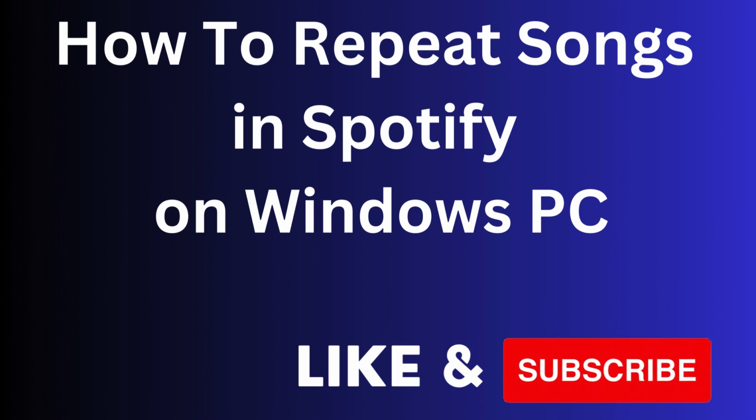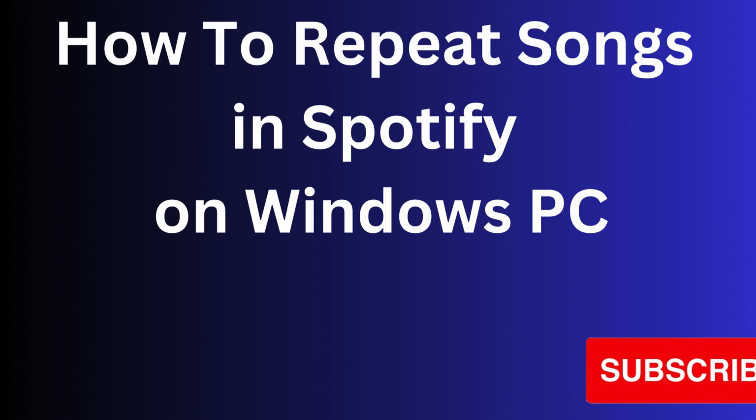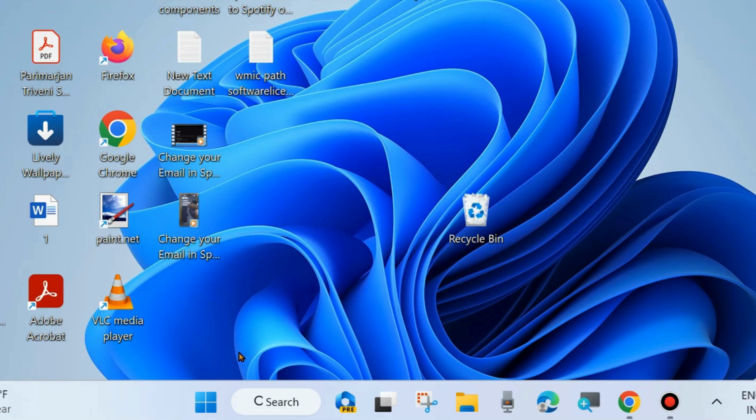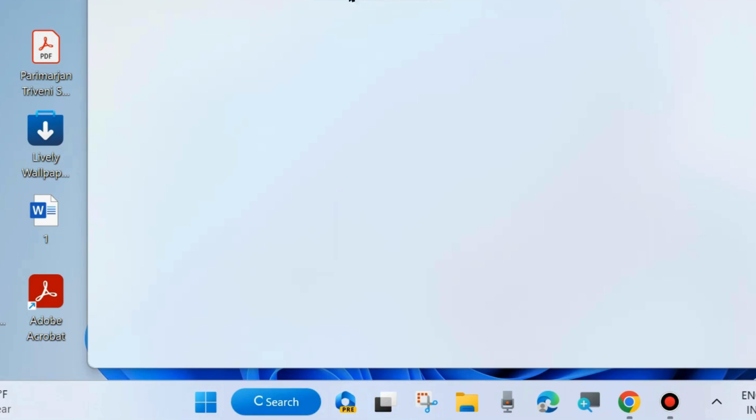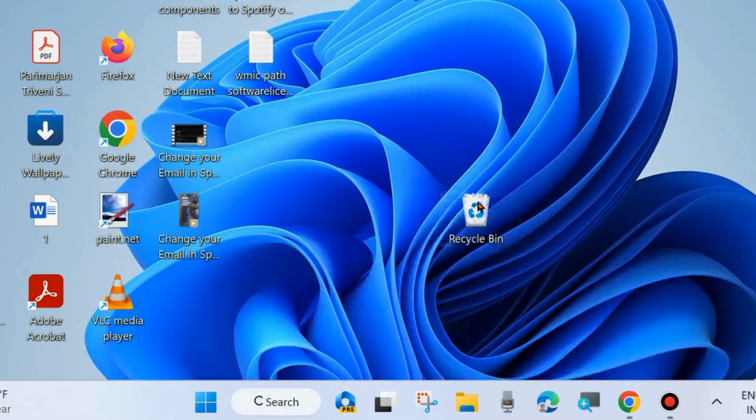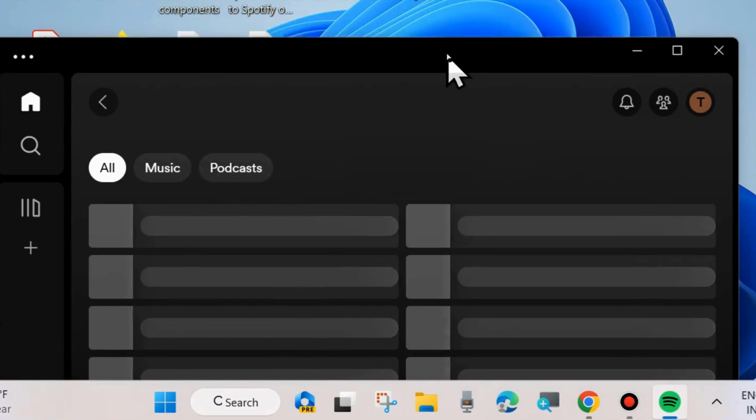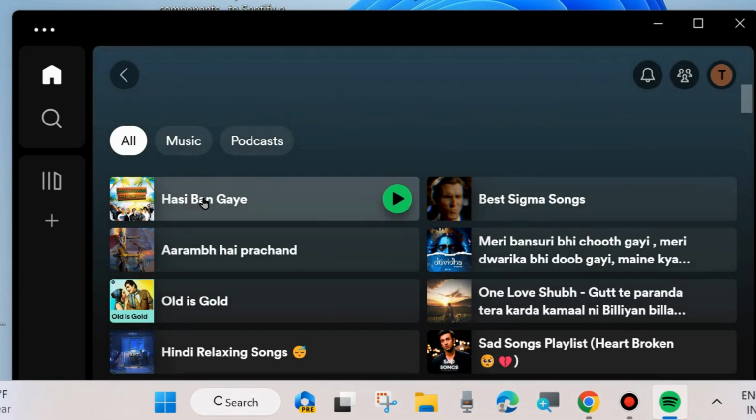We will see how to repeat songs in a Spotify music app on your Windows 11 and 10 PC. If you want to repeat any played songs, then here is the process. Open a Spotify app on your system, and here choose any music, play it,